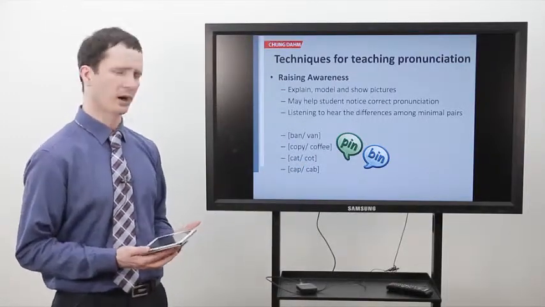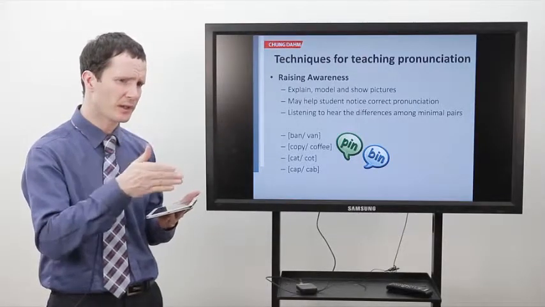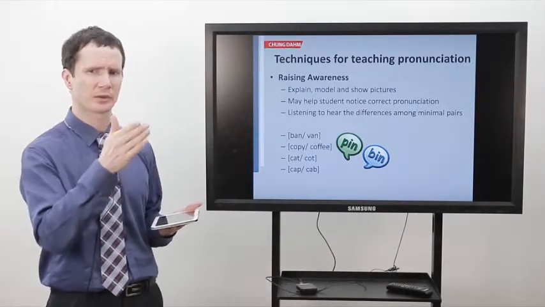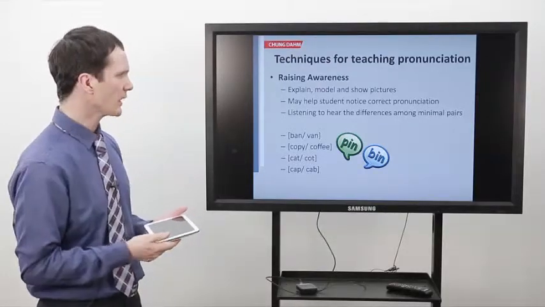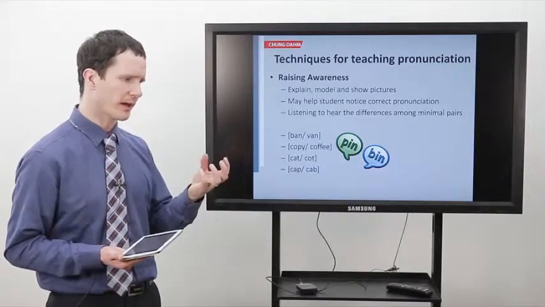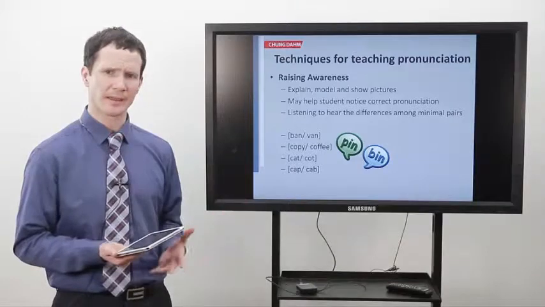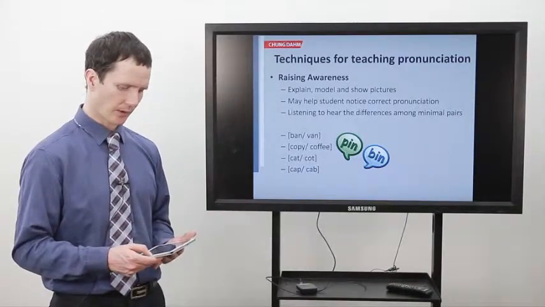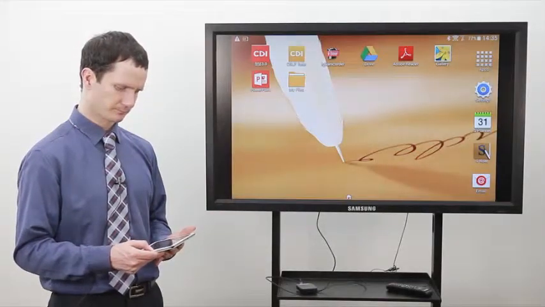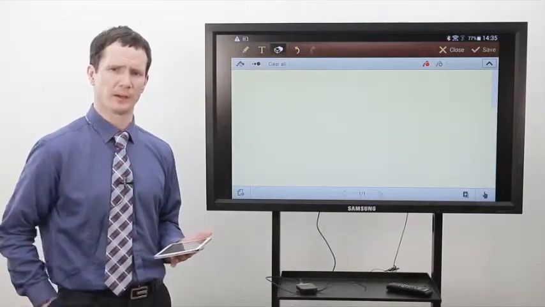And minimal pairs are quite helpful tools for focusing students and getting them to hear the difference in individual sounds of English. Now, as I mentioned, one way to help clarify the way sounds are pronounced in English is through modeling and through showing pictures. Now, I'll take a moment and show one way that I've found helpful for students to see how various sounds are pronounced in English is